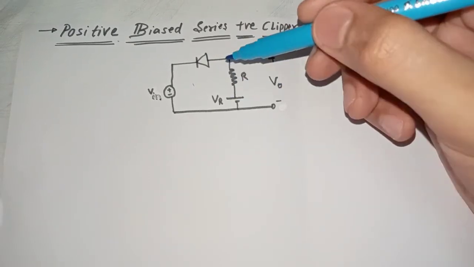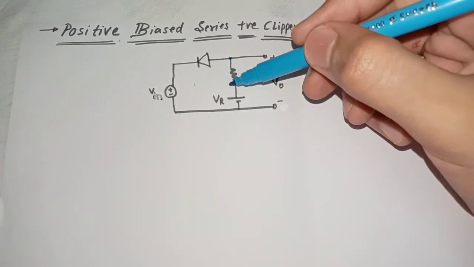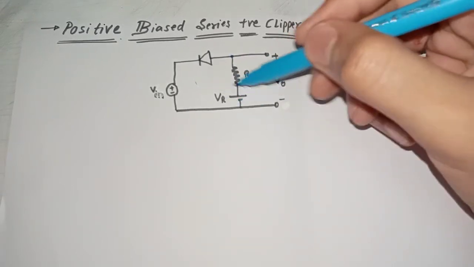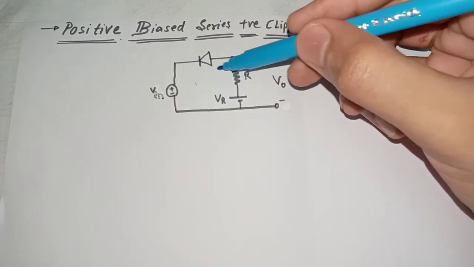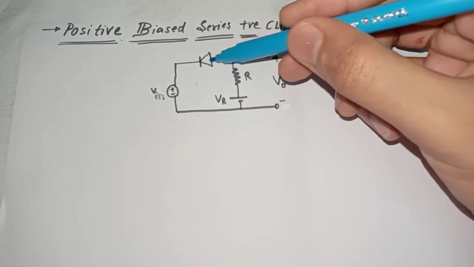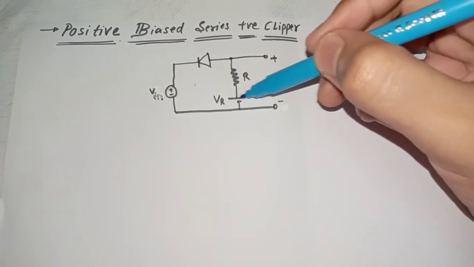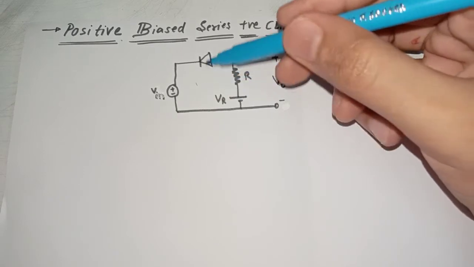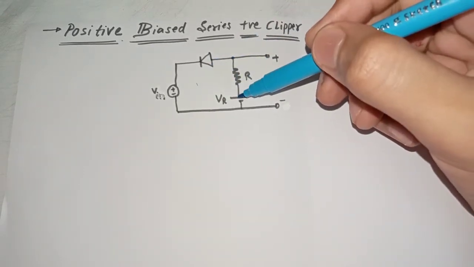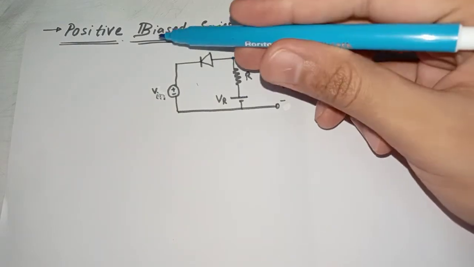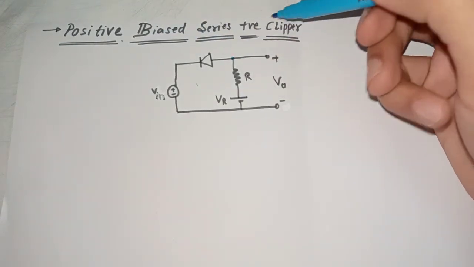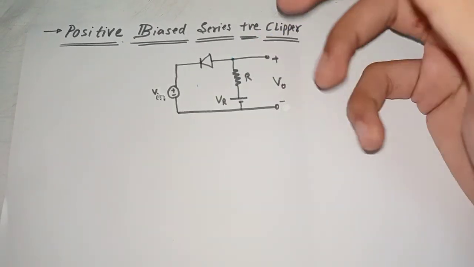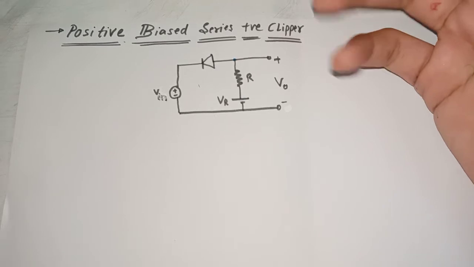Now which part of the waveform, the positive part or the negative part, the clipper clips, we can decide from the reference voltage. For that you have to travel in the clockwise sense. When you travel in the clockwise direction, you first face the positive polarity of the battery, right? So this positive bias clipper will clip the positive part of the waveform. Therefore we named it positive bias series positive clipper. So now you know how to analyze what the output waveform will look like from the circuit.